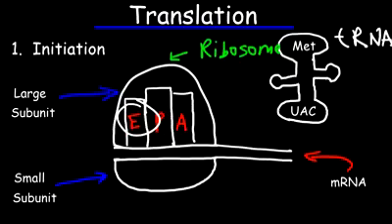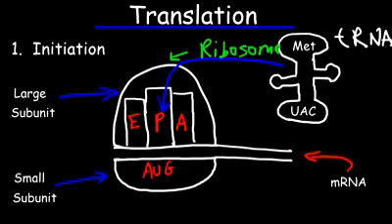Now during initiation, we have the start codon AUG, which corresponds to the anticodon UAC. Now that particular tRNA molecule has the methionine amino acid attached to it. And this tRNA molecule enters the ribosome at the P site, also known as the peptidyl site, where the